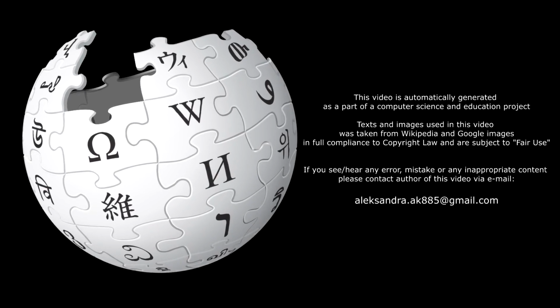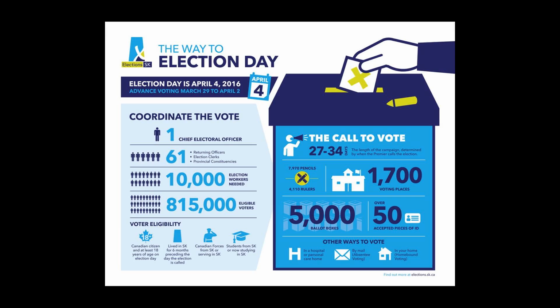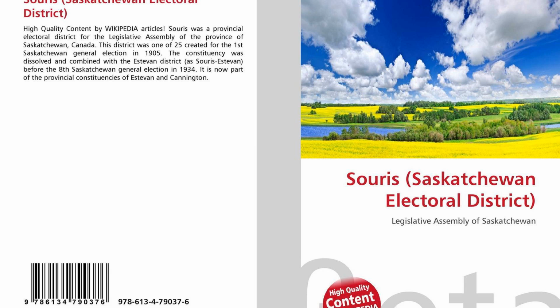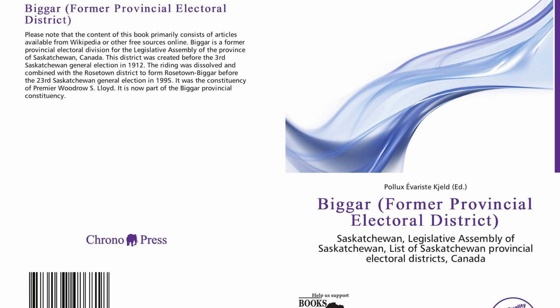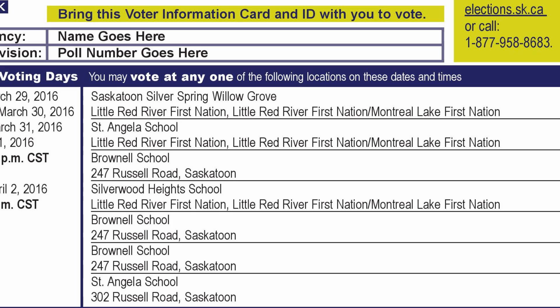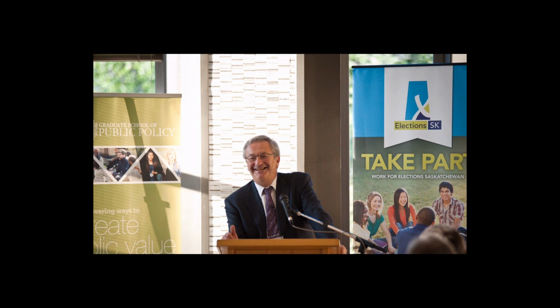This article provides a summary of results for the general elections to the Canadian province of Saskatchewan's unicameral legislative body, the Legislative Assembly of Saskatchewan. The number of seats has varied over time, from 25 for the first election in 1905 to a high of 66 for the 1991 election.